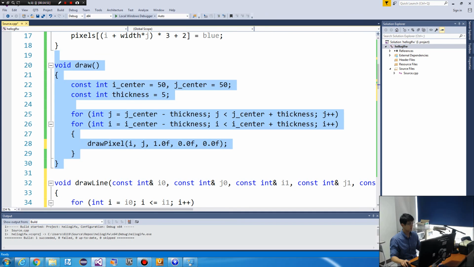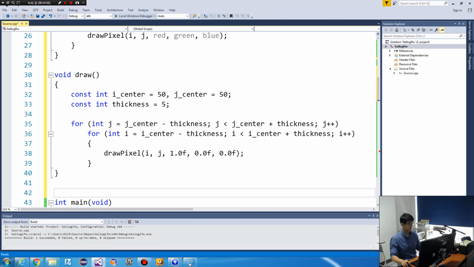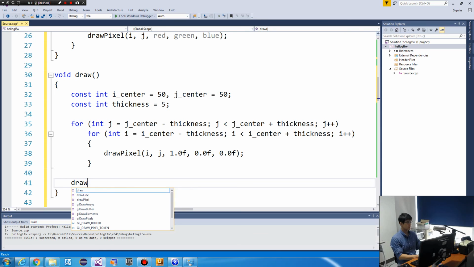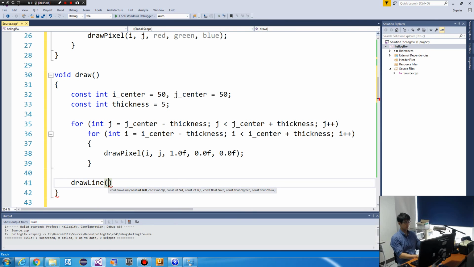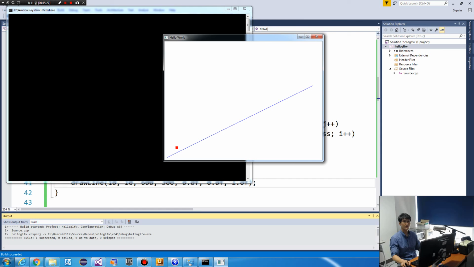We need to work on this one. So let's draw one line. Draw line. Okay, so maybe 10, 10 to 600, 300, and a blue line. We can draw a blue line here. So we can draw a line.